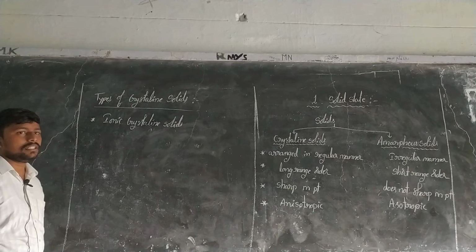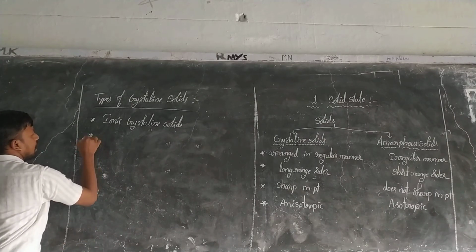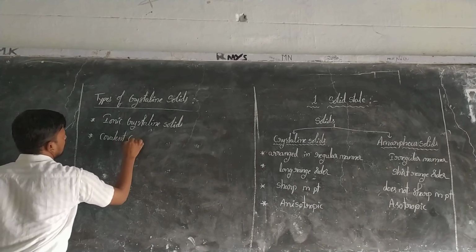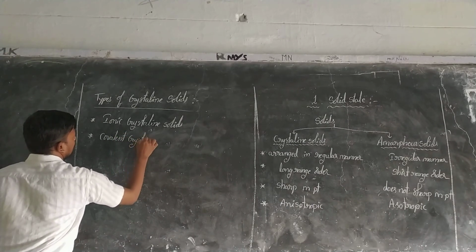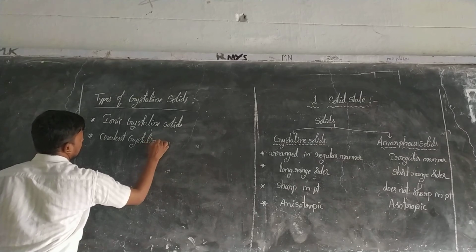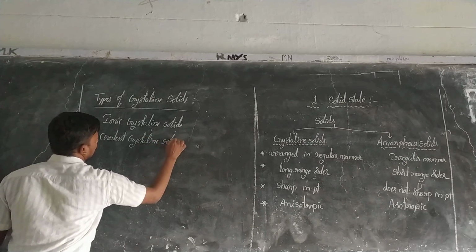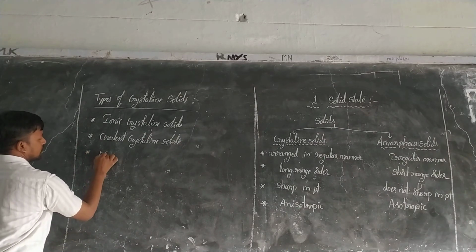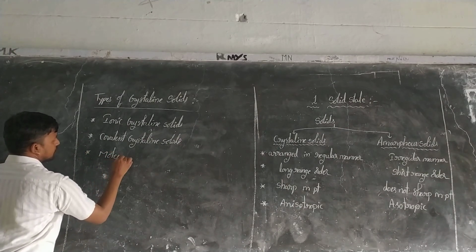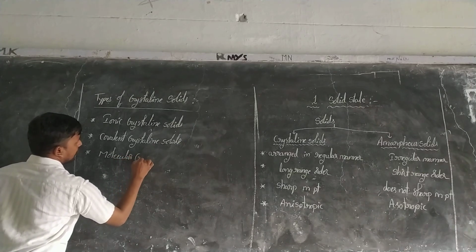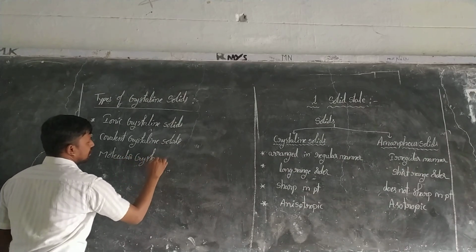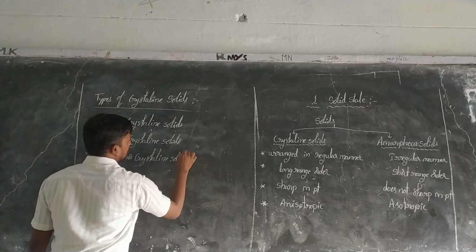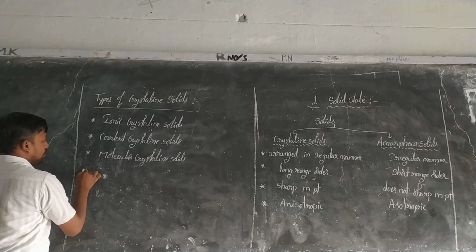Second one is the covalent crystalline solids. And third one is the molecular crystalline solids. And the fourth one is